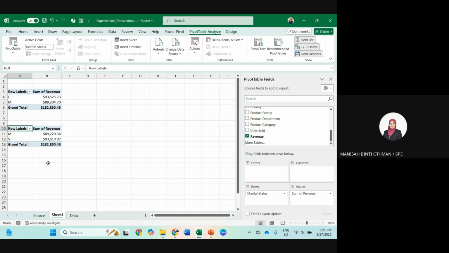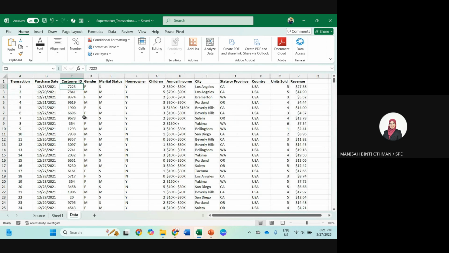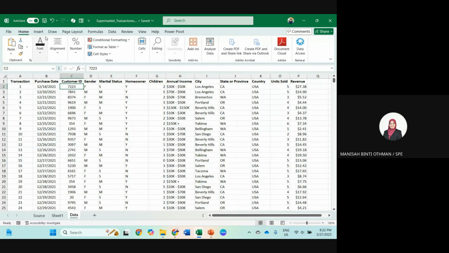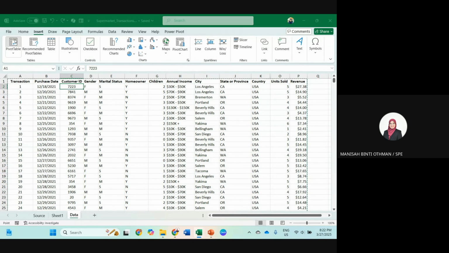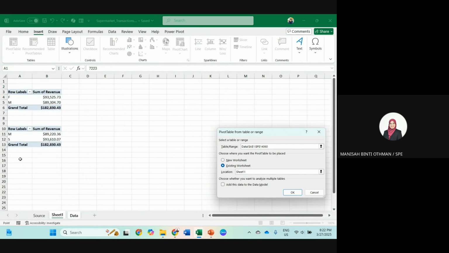Alright, so let's say you want to include it again. Insert pivot table, then existing worksheet, go to Sheet 1, click here and OK.